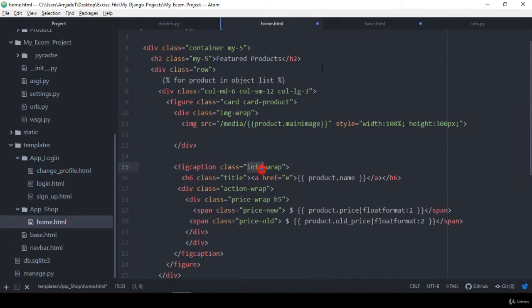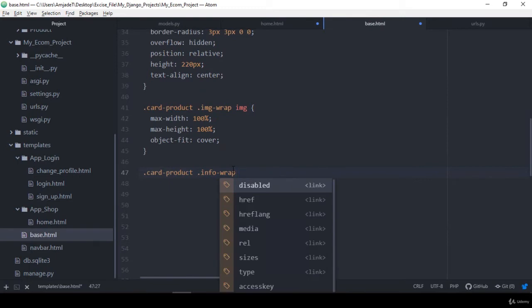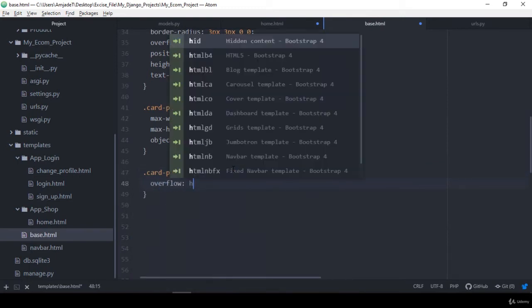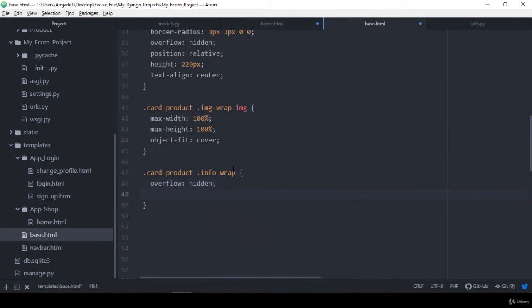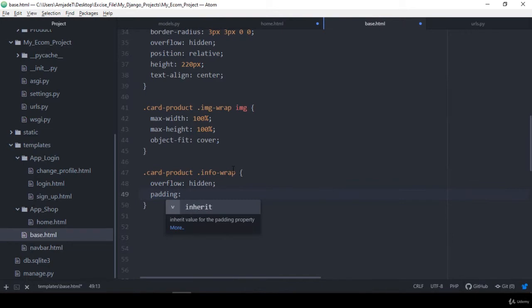Maybe, yeah, there is the info amp. So now I also want to define another one. It will be overflow hidden, and then the padding. I define the padding for this one as 15 pixels, and then the